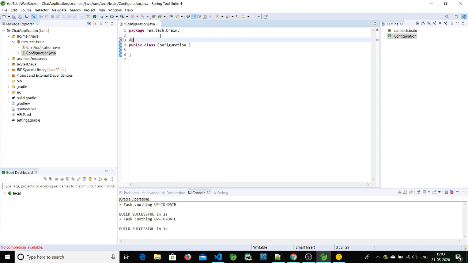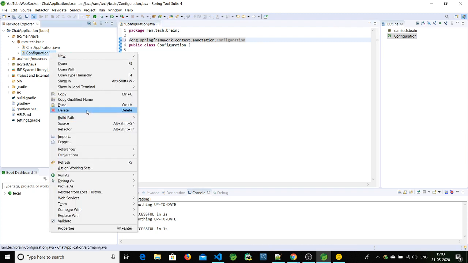Okay, what happened? Let's make it the right configuration first. What is happening? Okay, let me create a different name.